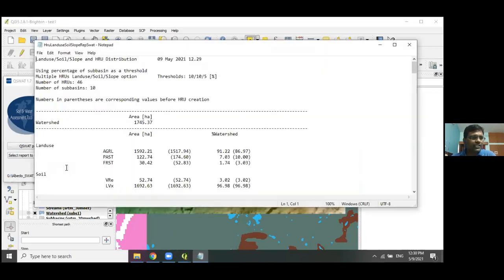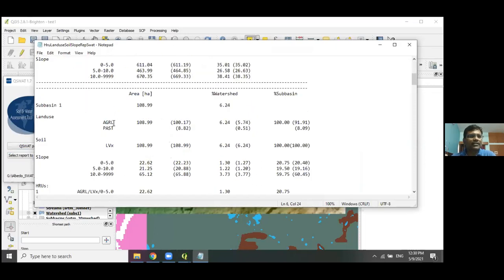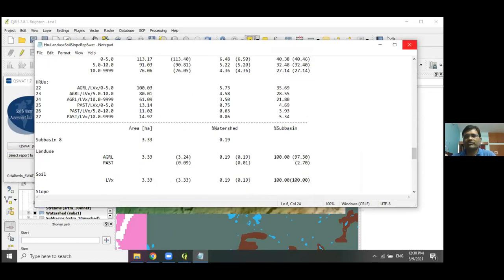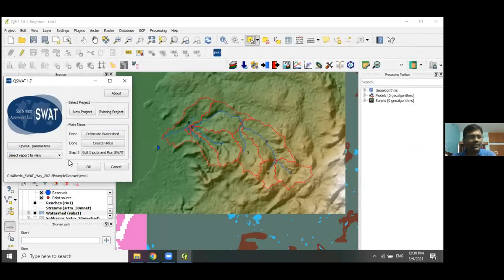You see there are a number of HRUs. I see 46 HRUs are there. Number of basins are 10, and then you can see all the detailed information HRU wise. I'm not going into detail. Already we are running late. You can also edit input and run the SWAT. Now this is the last step of our model running.